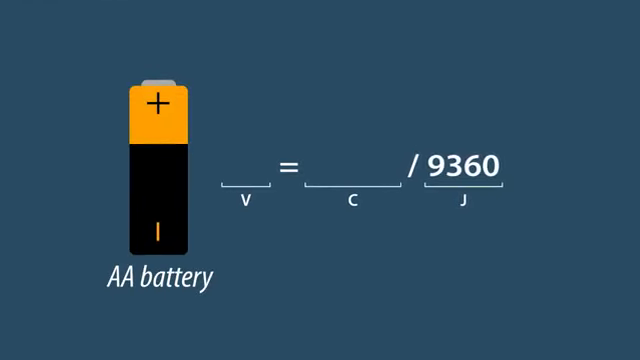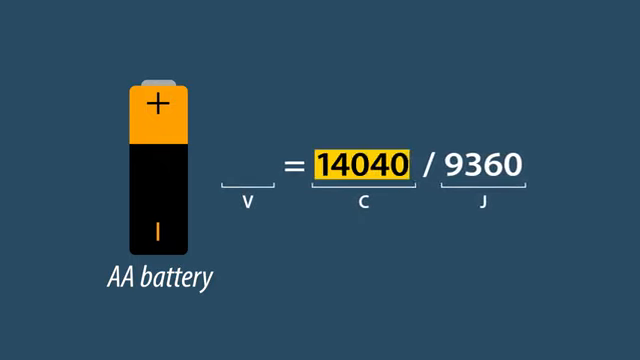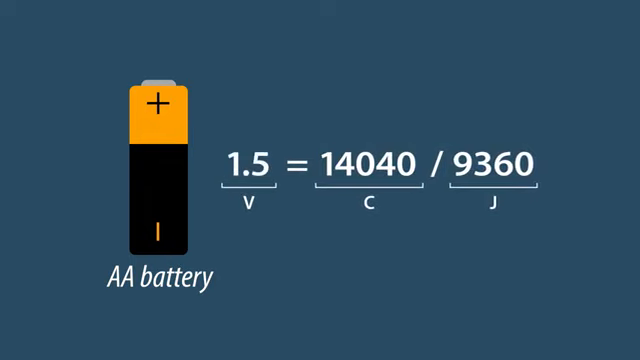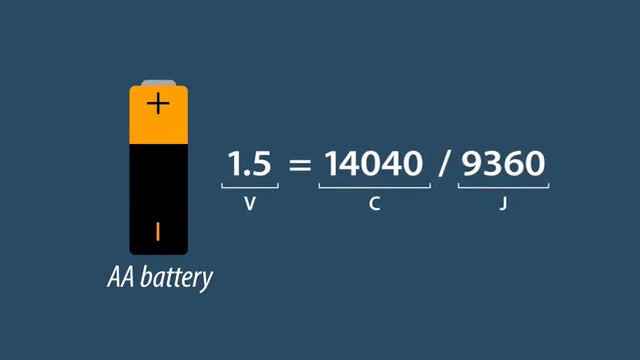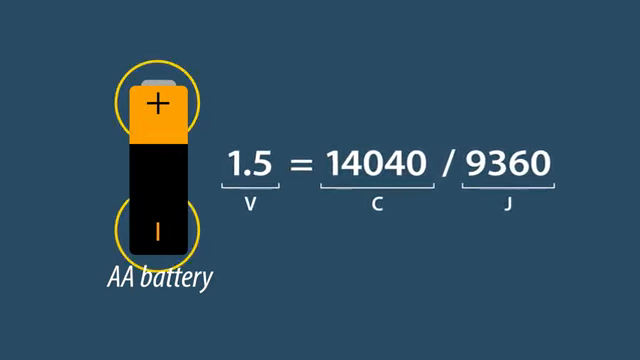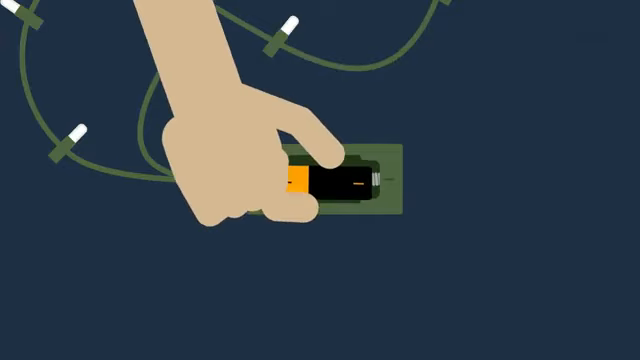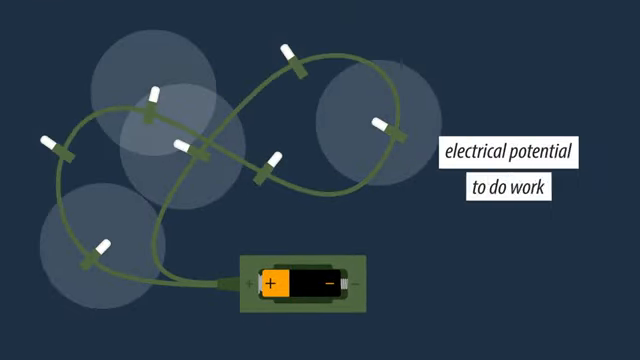A typical AA battery has 9,360 joules of energy and an electric charge of 14,014 coulomb. We can now calculate the voltage by dividing the stored energy, joule, by the charge, coulomb. The result is 1.5 volts. This means a typical AA battery has a potential difference between its positive and negative terminals of 1.5 volts. This causes an electric current to flow at a certain electrical pressure, an electrical potential, to do work in devices